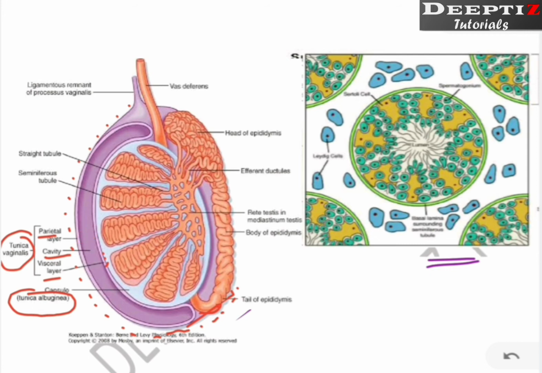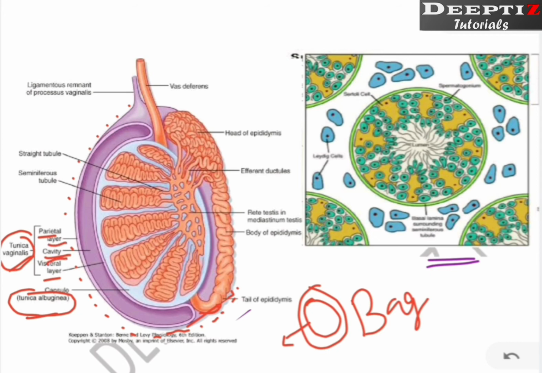So if I rub this much, are you able to see that? The outer layer of the testis, scrotum, is the entire protective bag-like structure. Within that, if this is the scrotum, there will be testis, right? This testis is made up of two layers, tunica vaginalis and tunica albuginea. How many layers is this tunica vaginalis made up of? Outer parietal, middle cavity and the inner visceral layer.